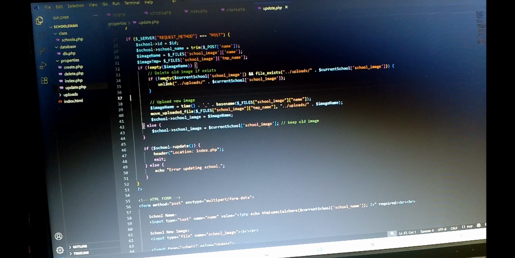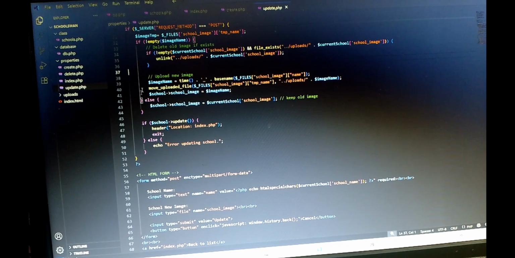The purpose of this if condition is that if there is any old file or old image, you first unlink it, then insert the new image. Otherwise, you write the else part, where the current school image is not found or still holds the old image if it is not updated or uploaded.